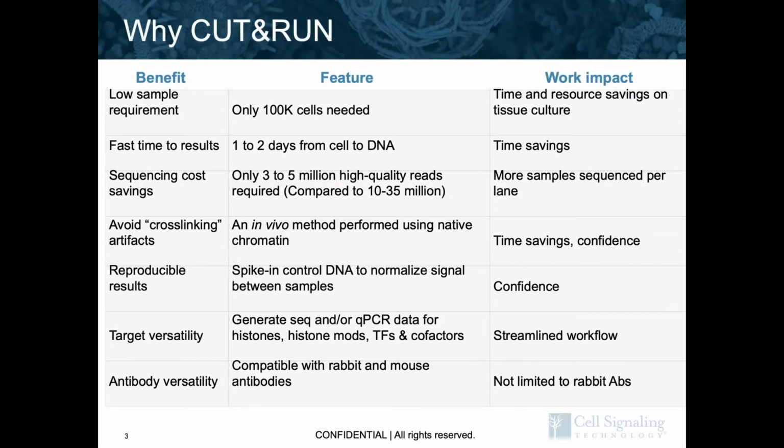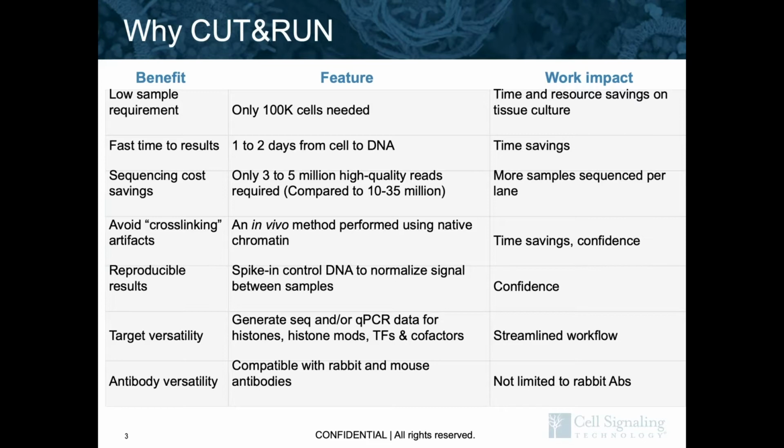Clearly, CUT&RUN has no IP procedure. Without the low-efficiency IP step, we can significantly increase the sensitivity of the assay from millions of cells to 100,000 cells per reaction. By doing that, we can save a lot of time and resources on tissue culture work. Also, because CUT&RUN skips the chromatin prep and IP procedures, we can get CUT&RUN results much more quickly. It only needs 1 to 2 days from cell to DNA, while ChIP requires 2 to 3 days,